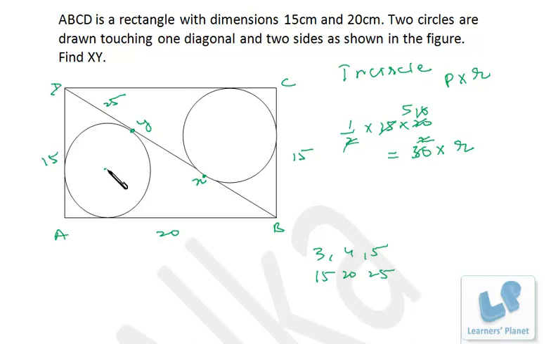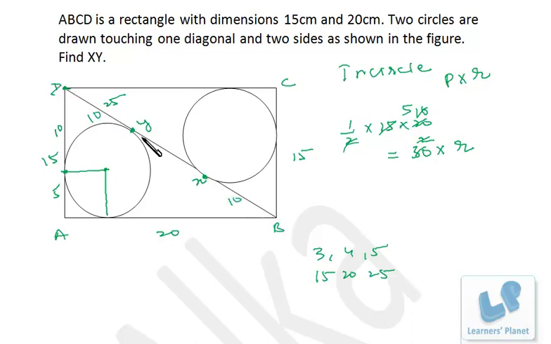That means this should be 5. Because this is 5, this should also be 5. If this is 5, this must be 10. Obviously, this is a symmetric figure, so whatever is the radius of this circle, the same will be the radius of this circle, right? So this is 10. That means this should also be 10, because from an external point, if we draw two tangents on a circle, their lengths must be the same, right? So if this length is 10, this length must also be 10. Similarly, the same thing will happen over here. This length will also be 10.